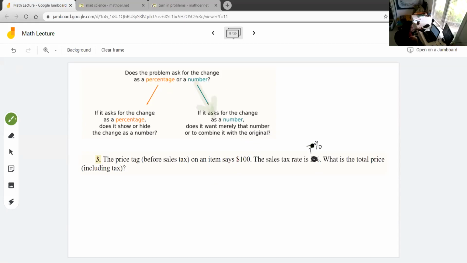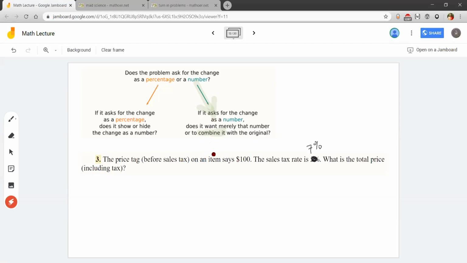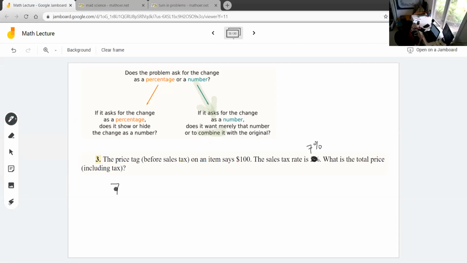And do we want just what is the 7% of 100, or are we going to combine it back with the 100 when we're done? We want the total. Yeah. Because it says, what's the total price, including the tax? Everyone happy with my setup? Yes. Okay, so again, we have 7%